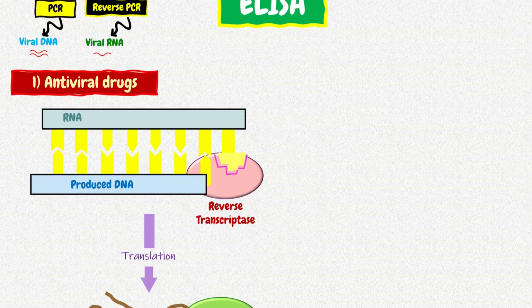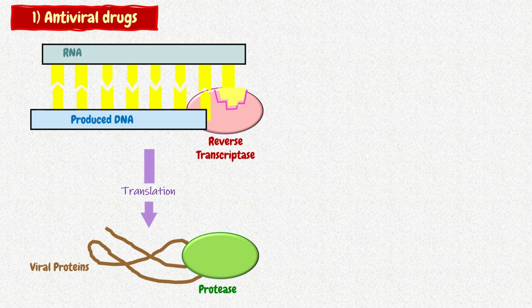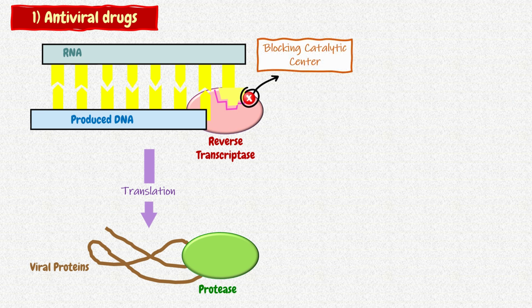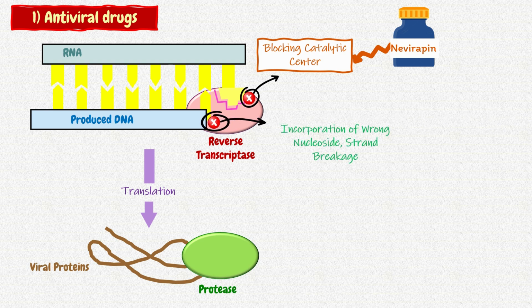Now let's discuss the treatment strategies of HIV. First is antiviral drugs. Let's think together which points can be blocked. First, blocking of the catalytic center, for example, by nevirapine. Another possible mechanism could be incorporation of a wrong nucleoside that leads to strand breakage,